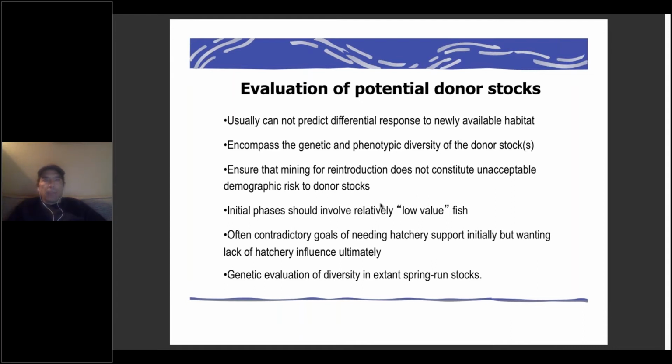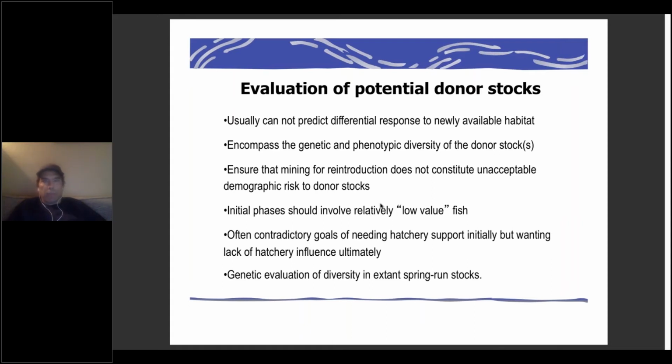That said, and I should say we didn't have an obvious donor stock for the San Joaquin on the basis of geography, because everything in that part of the Central Valley had been extirpated. And as I told you, the Feather River is kind of a unique beast, even though it is geographically the most proximate of the persistent populations. But one of the guiding principles of the program, one that we're still working with today, is that the donor stock should,